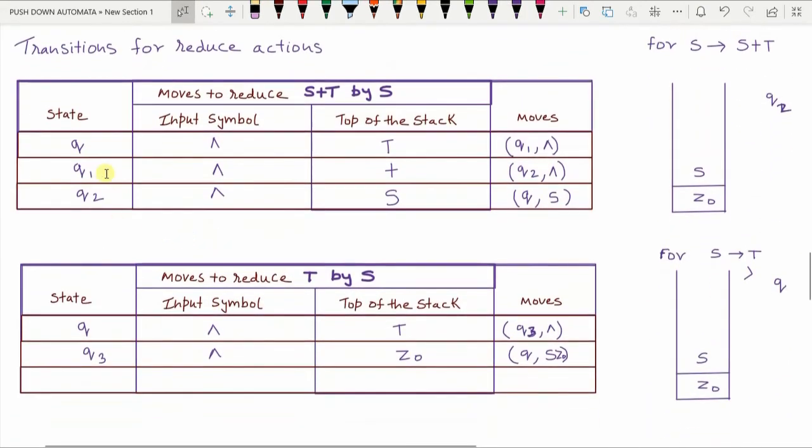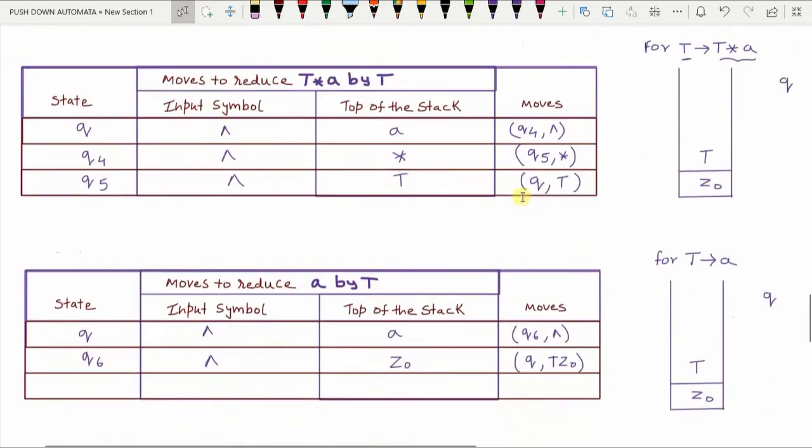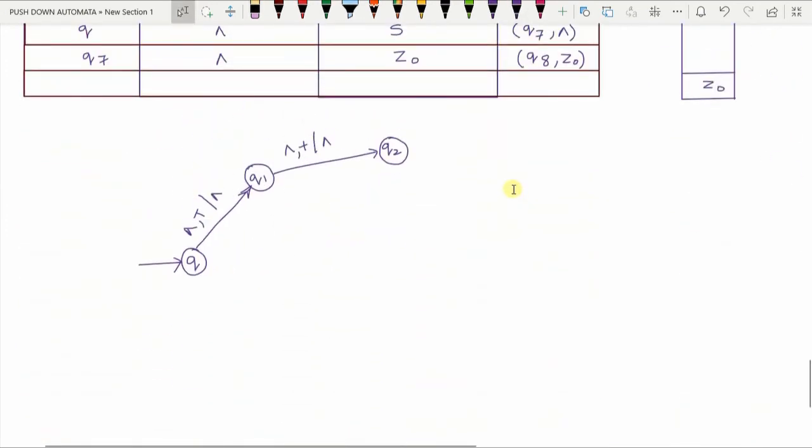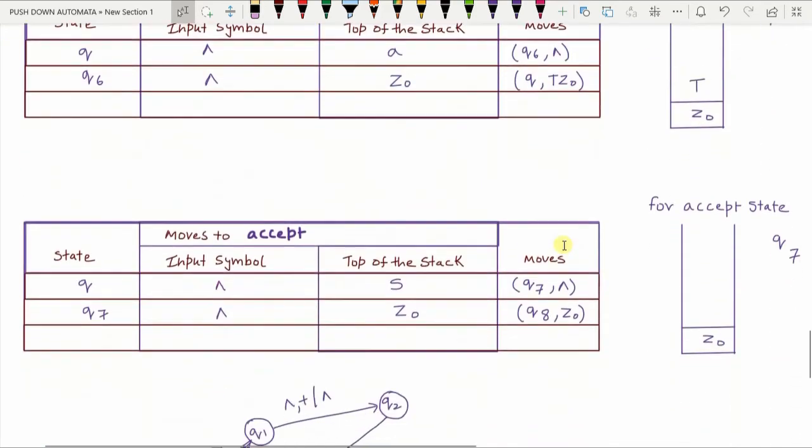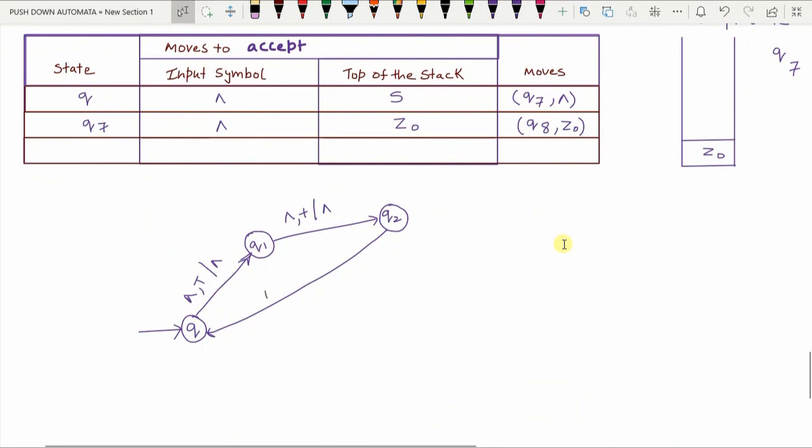Understood? Now from Q2 state you are coming back to state Q. So it should be like a loop. Now by doing what? From Q2 on reading null and top of the stack is S, S remains on top of the stack, that means no change operation. So by reading null and top of the stack is S, you do no change operation, stack contains S only. So this is one transition.